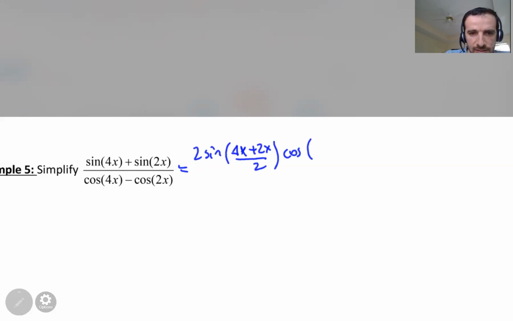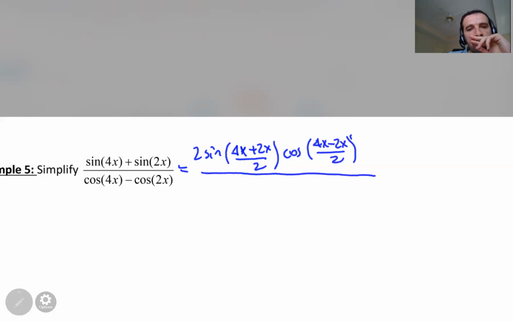And a is 4x and b is 2x. 4x minus 2x over 2. Divided by,